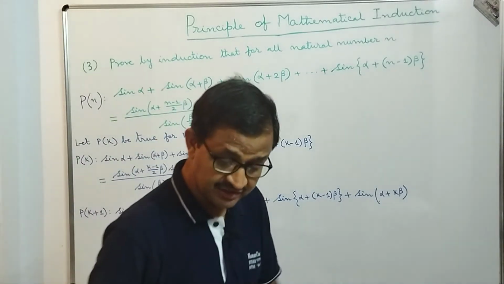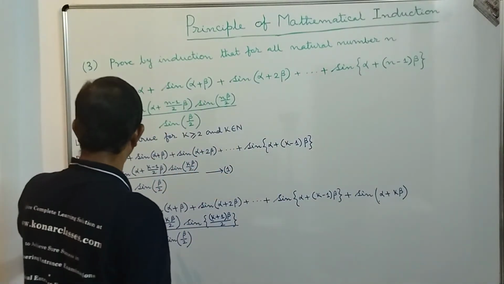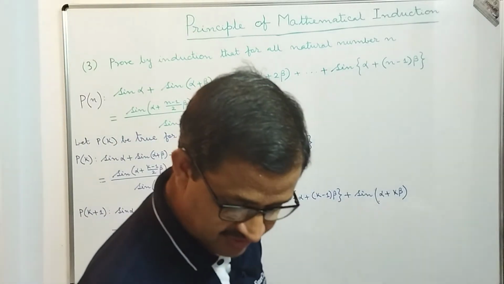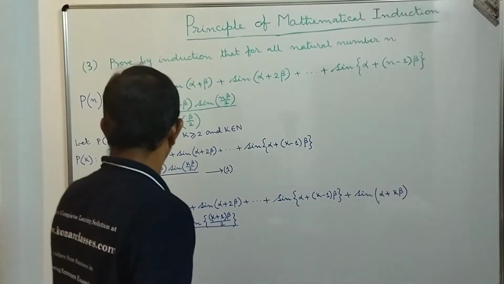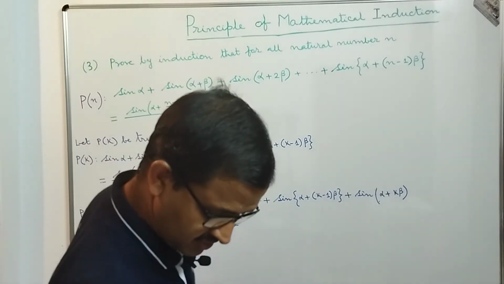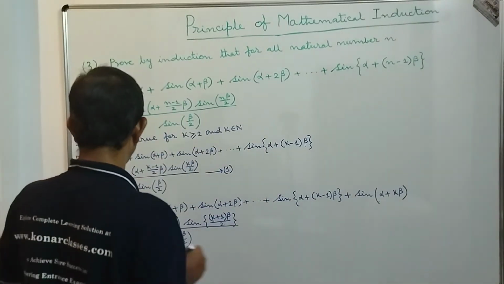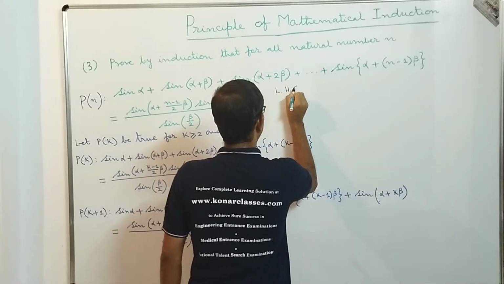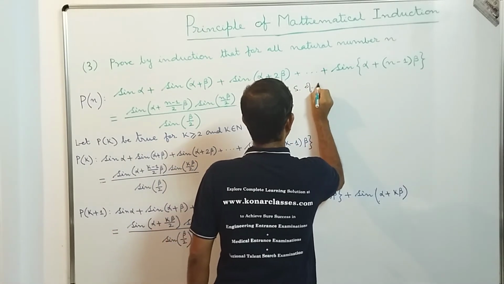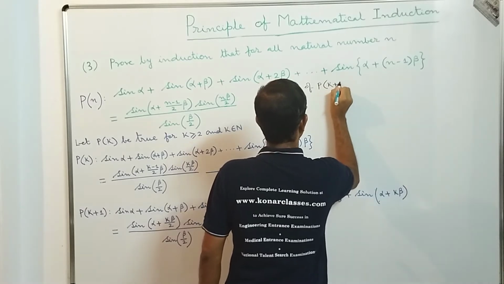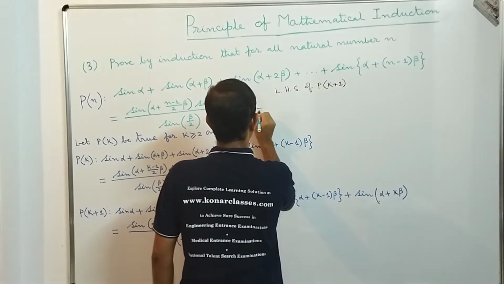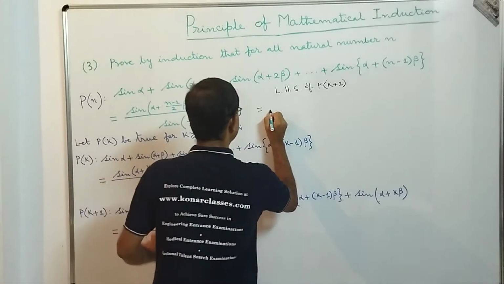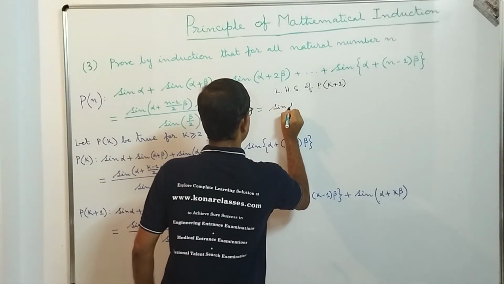Okay, we need to take assistance of the identity 1 to prove this one. Now dear students, let's find what is the left hand side of P(k+1). Let me use a different color. So what is the left hand side of P(k+1)? Left hand side of P(k+1) is equal to sin α + sin(α+β) + sin(α+2β) + ...